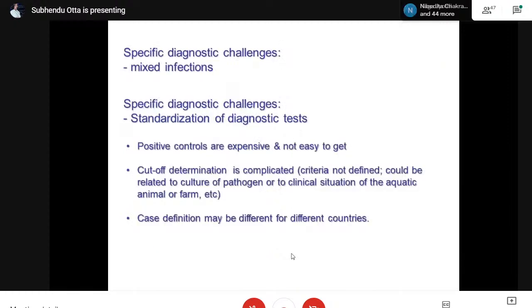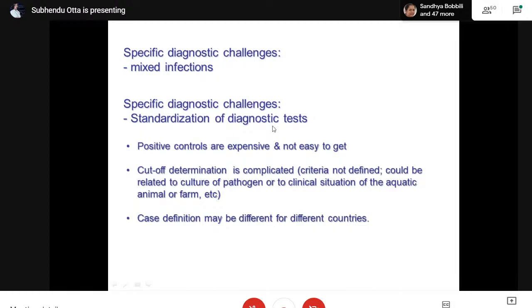So there are specific challenges in diagnostic tests. Suppose you see a shrimp with white spots and found that it's because of white spot. To further confirm, you do the white spot virus PCR, and you get white spot virus, so you will be satisfied with that and keep quiet. But as you know, in shrimps there are mixed infections. So who knows, there may be other viruses also. If you find a low virulence virus and you are satisfied, but simultaneously there is some other highly virulent virus, then that will cause problems. You have not diagnosed it properly. Then when the new virus comes and all,